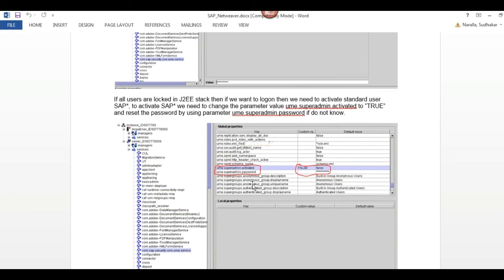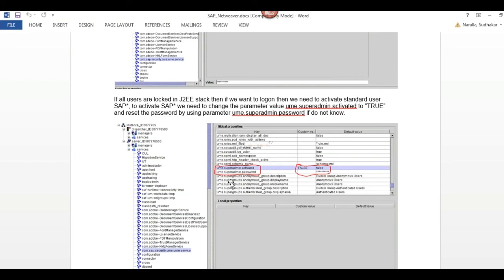So like that in Java stack also, if you forgot all the username passwords like J2EE admin password, or any other basis user IDs, then what will happen? In Java stack we can activate the super admin user. One user will be there, that user we call a super admin user. That user is SAP star.